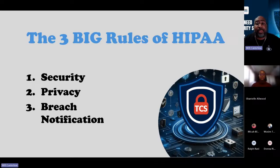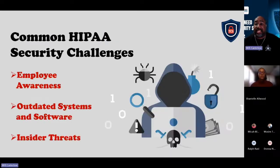HIPAA has plenty of rules, but we're honing in on the top three right now. So missing these can really throw a monkey wrench in your business. And again, this is how we start when we come into any business as a cybersecurity management tool. First, we have the security rule. This rule is like a hospital's infection control protocol. This is definitely something you want to stay on top of,